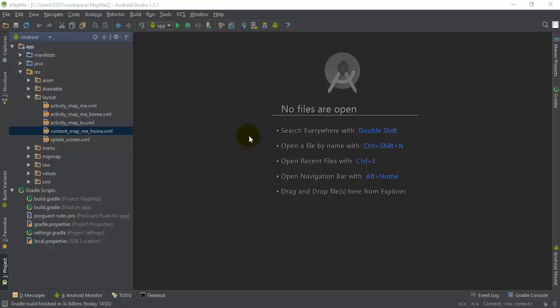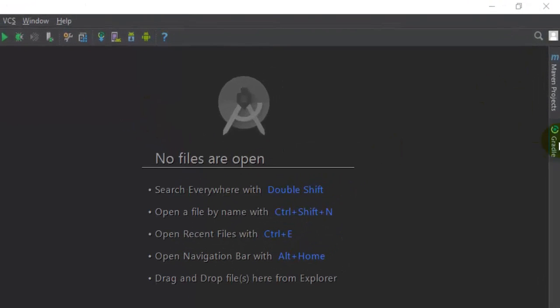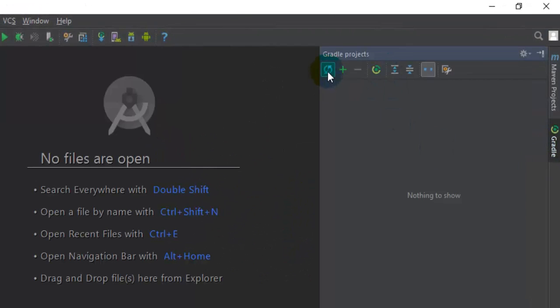So here, this is Android Studio. Inside that, just click on Gradle over here. Just click on the refresh button once. It will run the Gradle scripts again, and wait a few seconds while it loads them. It will take some time, so you just have to wait for Gradle to load. So that's it, that is what the Gradle scripts are over here.